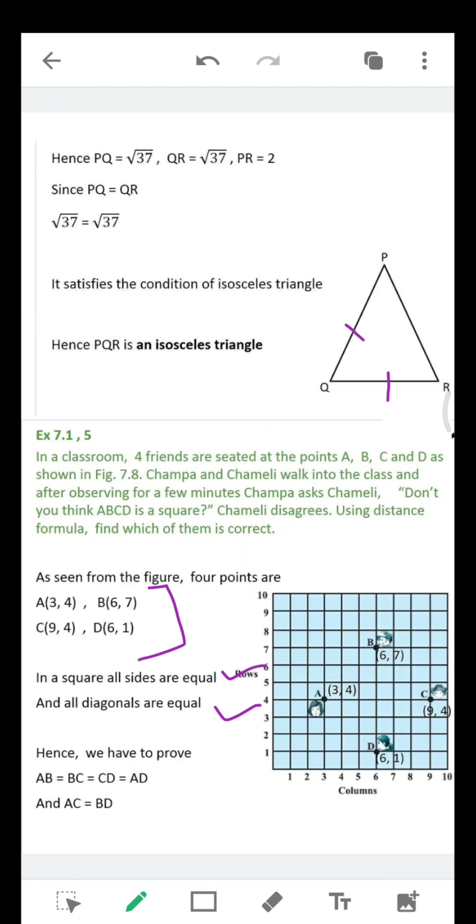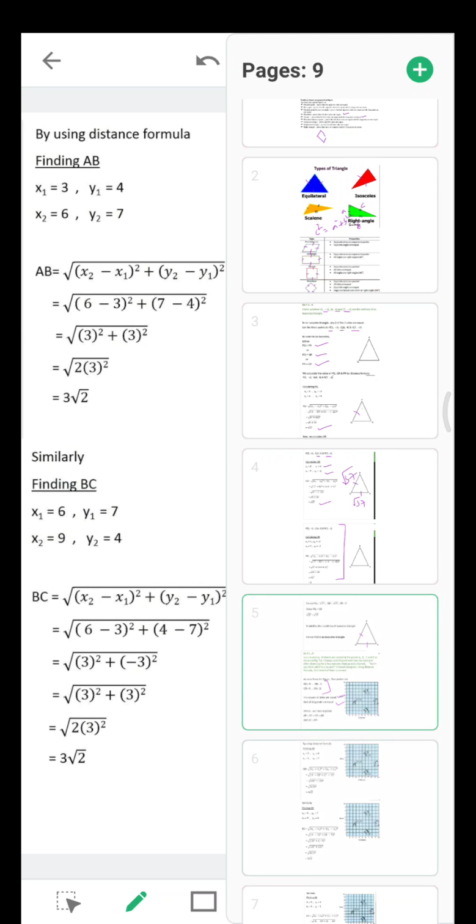Okay, now coming to this, we have to prove this distance AB, BC, CD and distance DA, these 4 sides are equal, and we also have to prove that diagonal AC is equal to diagonal BD. Then we can say that it forms a square, and hence Champa is correct, otherwise she is wrong. So we have taken the vertices of the square. Let's find